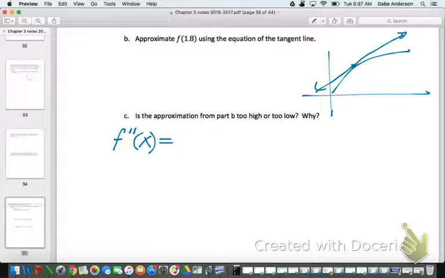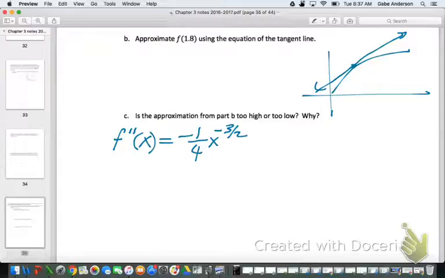It'd be negative 1/4, right? X to the what? Should be negative 3/2, right? So negative 1/4 x to the negative 3/2. So if we are trying to determine concavity, like concave up or concave down, then we are really looking for where f double prime is negative or positive, right? Looking at the sign of f double prime, positive or negative, will tell us the concavity of